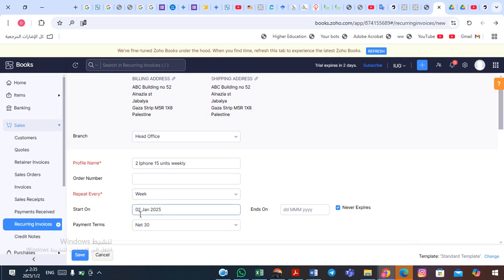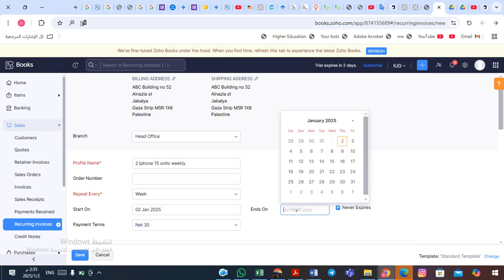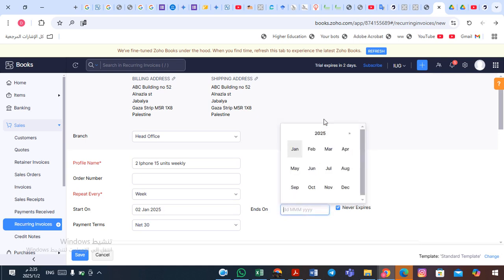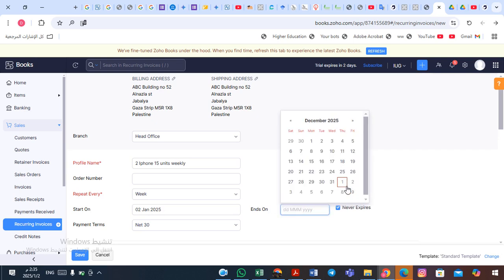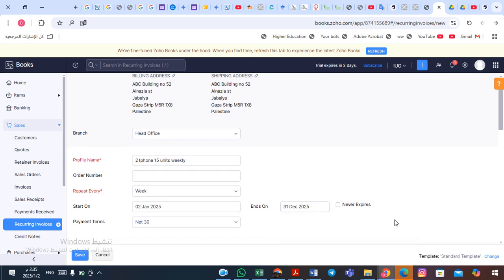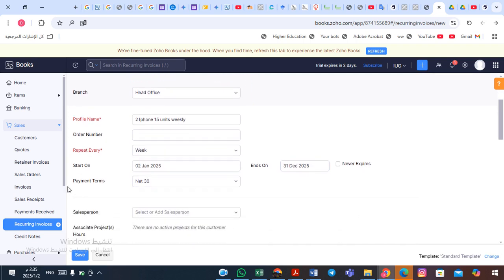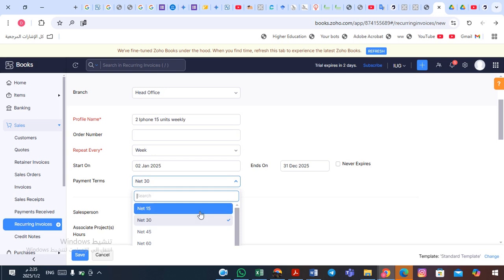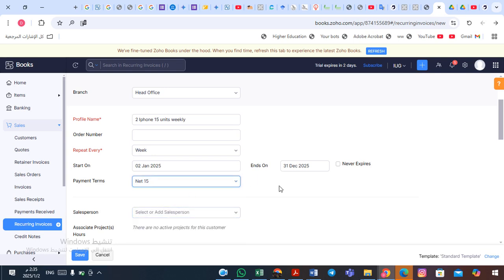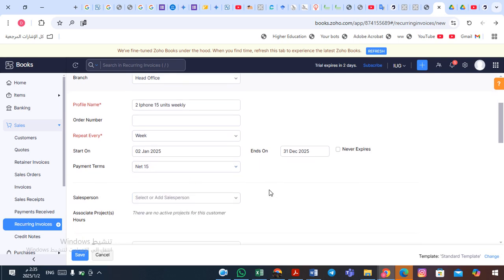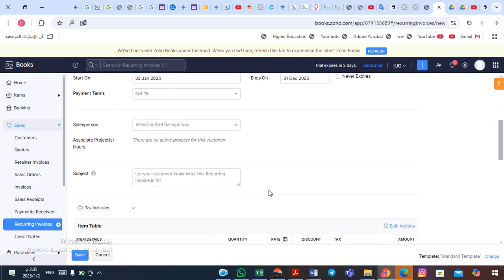Okay, it begins from 2 January, and for example it ends at the end of this year, so we change the date here. Also, go down to payment terms: not 30, but you can choose this one, 15, and you can also enter that